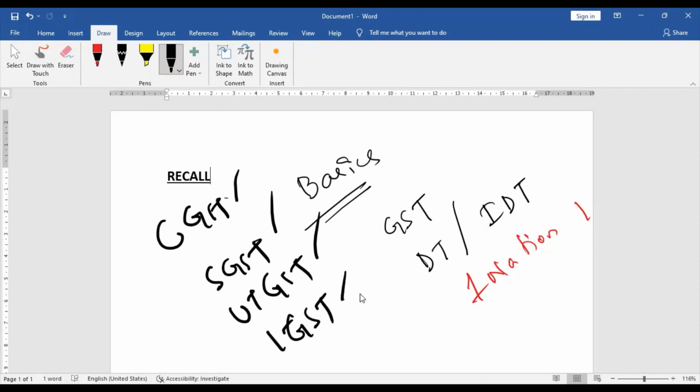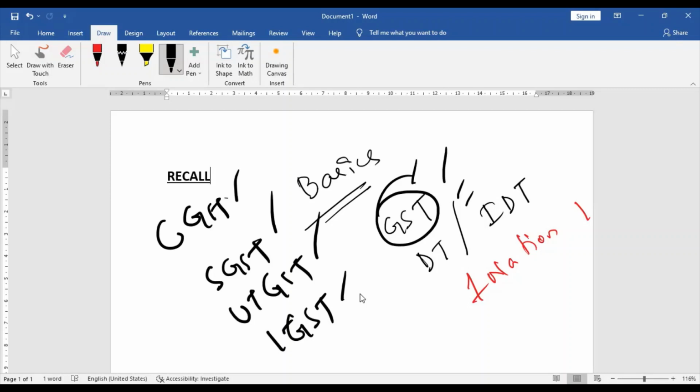Earlier we have also seen the taxes which have been subsumed in the GST. Can anybody give examples? I will give the example. Central excise duty, additional duty of excise levied on medicinal and toilet preparations, then additional duties of customs, that is CVD, SAD, service tax, surcharge and cesses. These are the central taxes that were subsumed in GST.